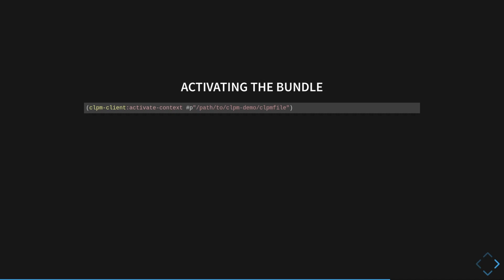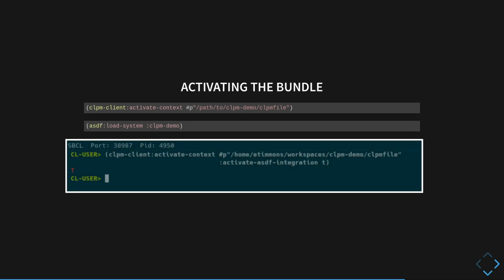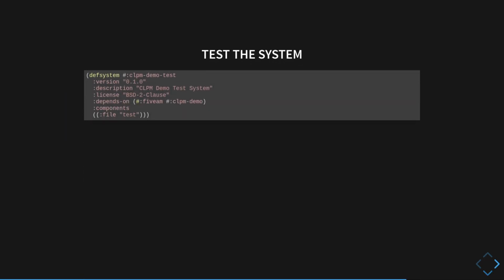Once you have a lock file, you can activate the context by using the activate context function of CLPM client. Evaluate this form and then load the system, and you'll see that hopefully everything will be loaded successfully. Now, if you actually go and dig into the CLPM demo code, you'll see that there's a test.lisp file that has a test suite defined using 5am, but if you look at the CLPM demo test